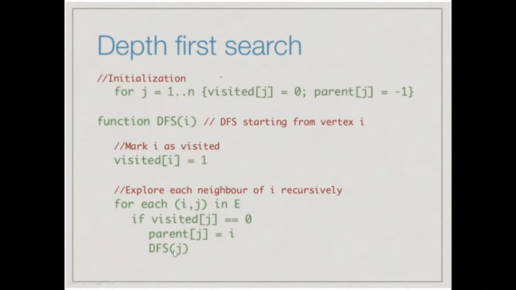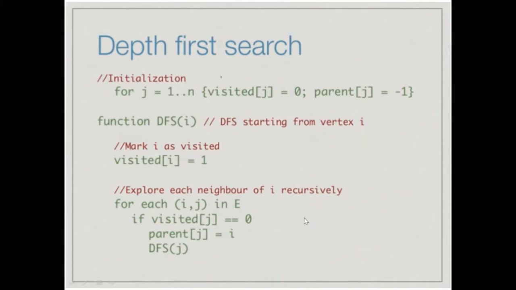Now when we get here, we will go exactly here. And now instead of passing i as the parent, I have passed j as the parent or the starting node. For that, first I will mark this particular j as visited. And for that particular j, I will look out for its neighbors. If any one of its neighbors is not explored, or the first one which we reach, I will mark the particular i as its parent.